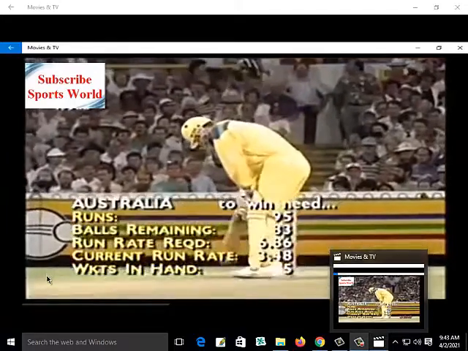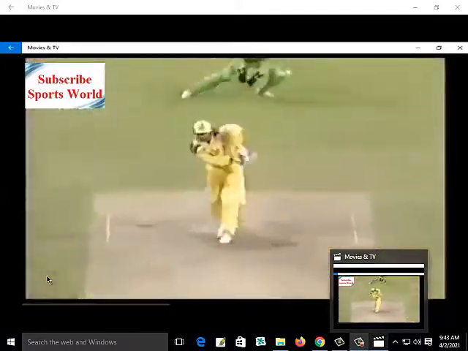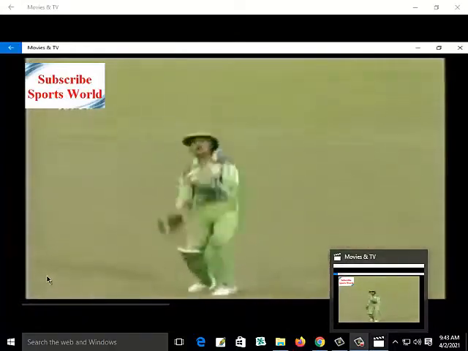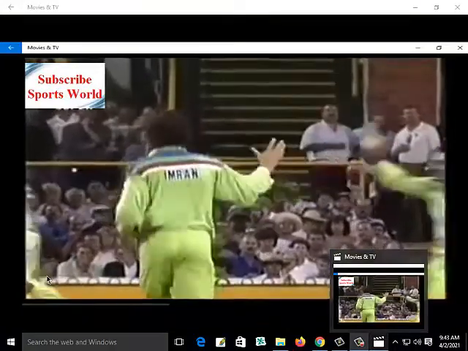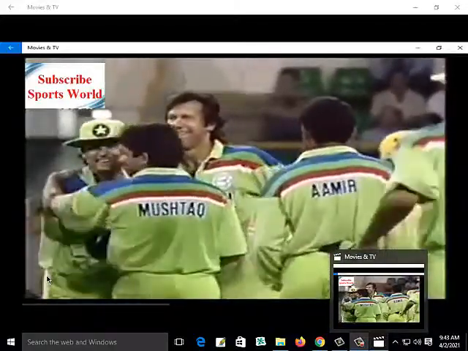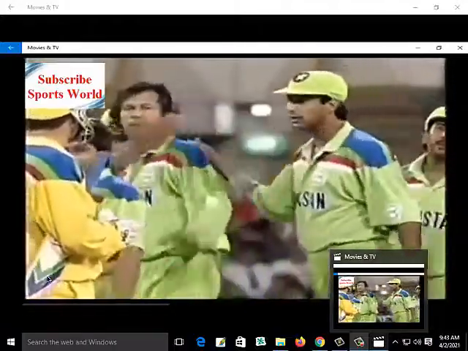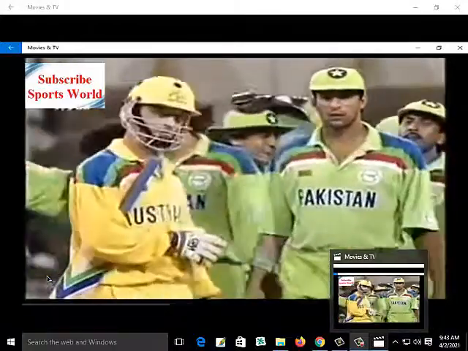But Australia badly needs a partnership from the Waugh twins. And a big shout there from Imran. He's been given. Steve Waugh has been caught down the leg side. That is a bit of a bonus for Imran. He would be the first to admit that it wasn't the best delivery around. Steve Waugh is hanging around.